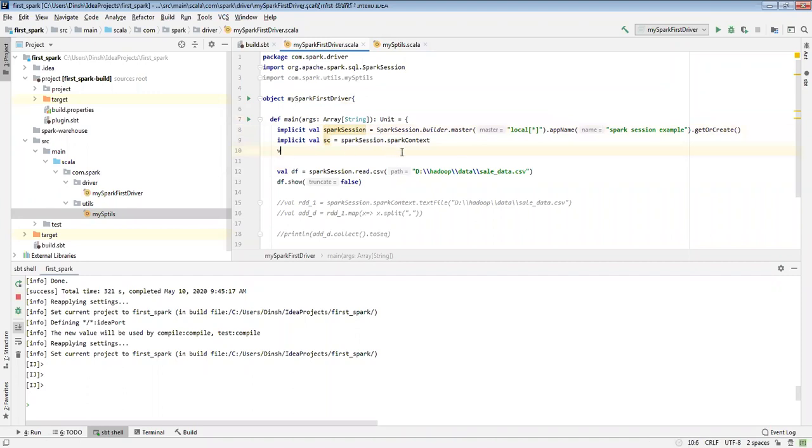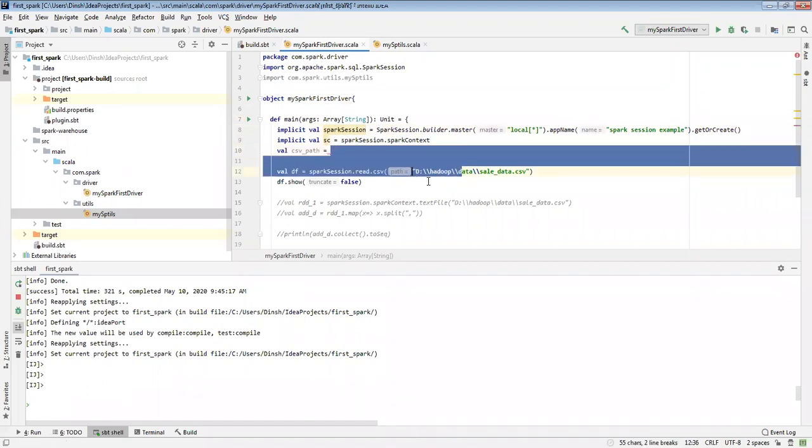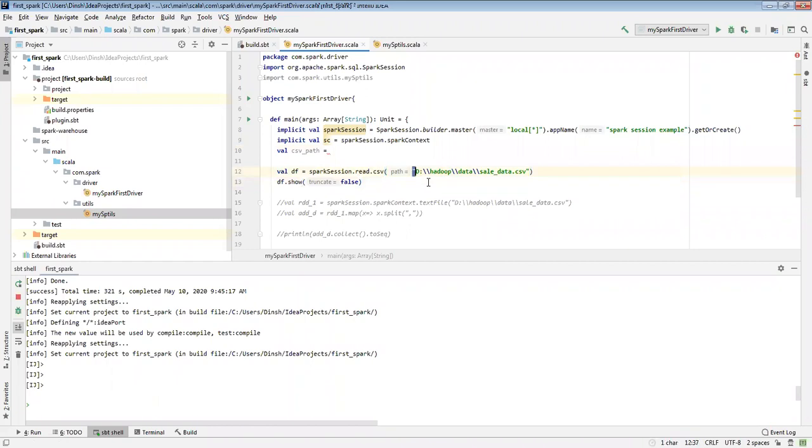equal to. Please stop me if you have any questions. If I'm going faster, please stop me. Okay. So now I'm going to create a data frame. Val CSV df1 equal to.